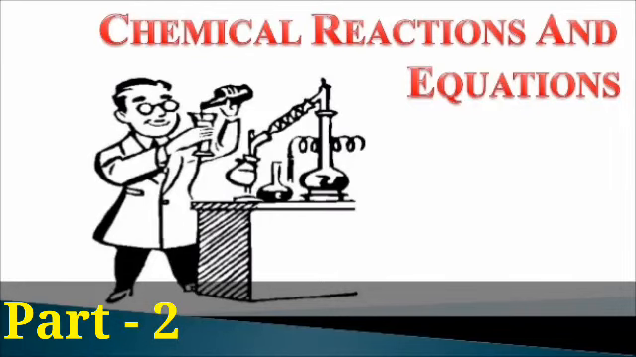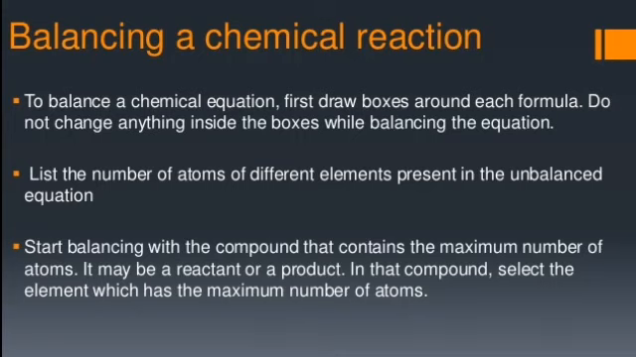Dear students, this is part two of this chapter. Here we will discuss how to balance a chemical equation and the two main types of chemical reactions, that are combination reaction and decomposition reaction. Balancing a chemical reaction. In order to get the stoichiometry of a reaction right, we have to balance a chemical